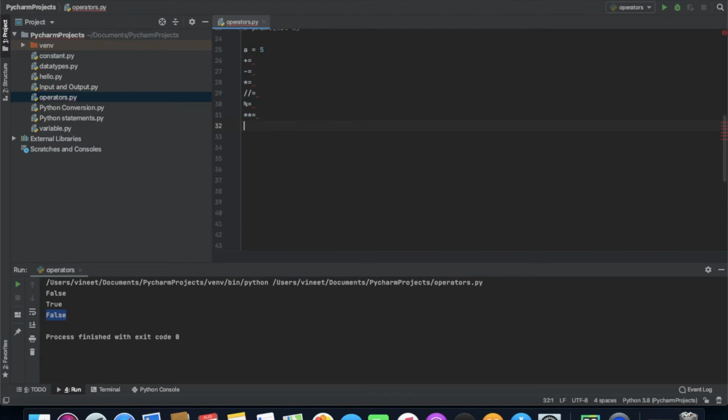So for now, there is a task for you guys to look into these assignment operators and use all these functionalities in your code, and you should practice and look into how these operators work. So this is your homework. If you find any problem, then just put your problem into the comment section. I'll be happy to help you guys out.